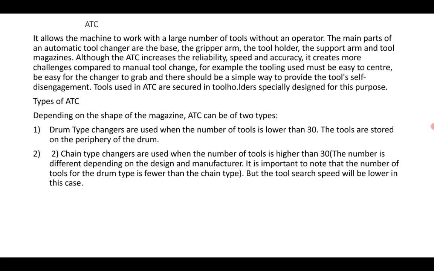This is useful, say, in the manufacture of prismatic components like gearboxes, bulkheads, frames, brackets, etc., and all related machining operations to be performed. So this ATC helps a lot.